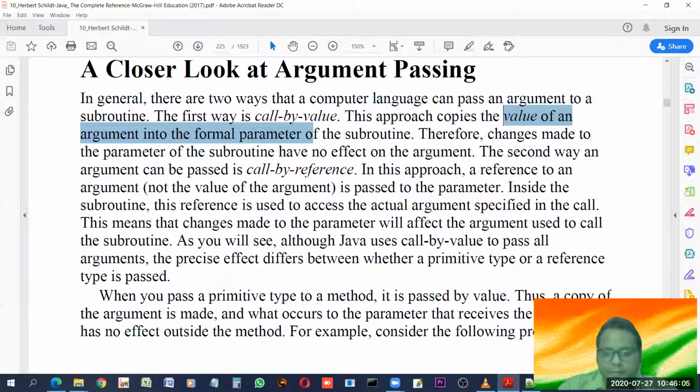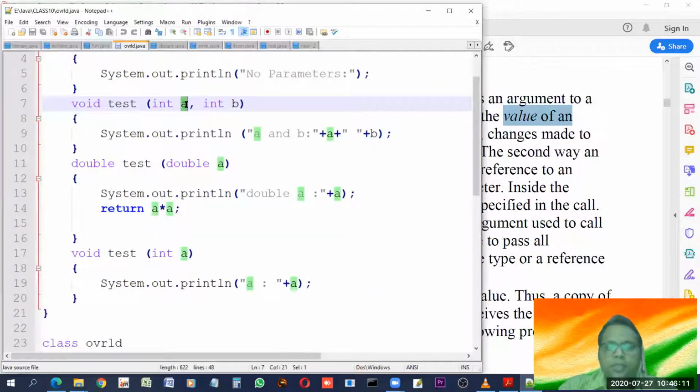I mean, this 10 will go to a. A new variable a is created, and this 10 is copied to a. A new copy is there. What is a copy? When we make a photocopy of any paper, the original is original, and there is another set which is a photocopy, a copy of that. If we do anything with the photocopy, then nothing will happen to the original.